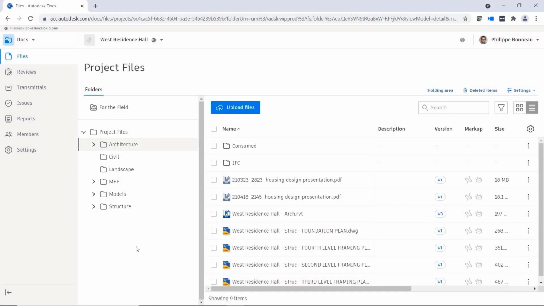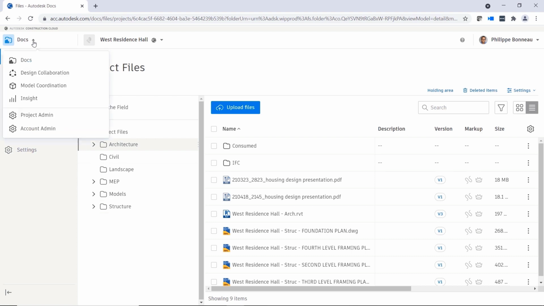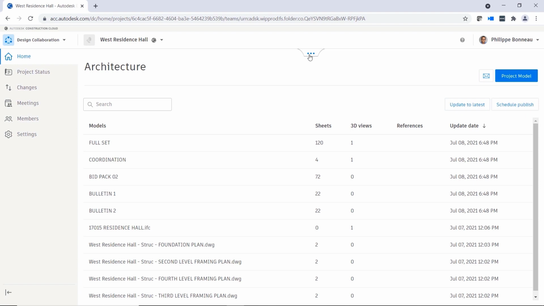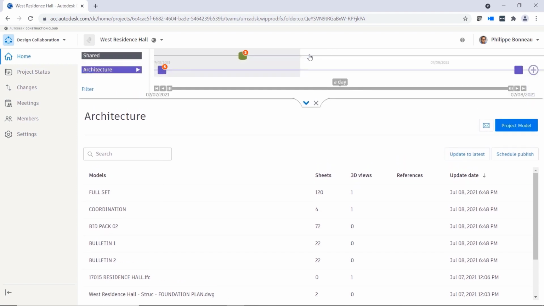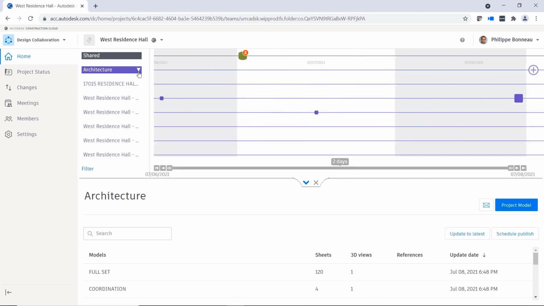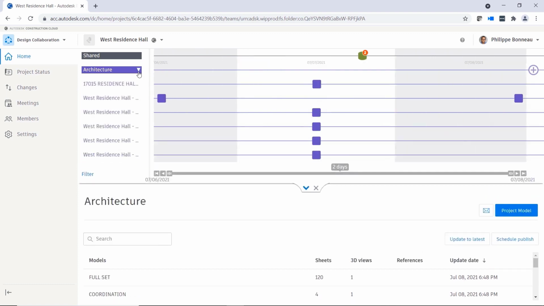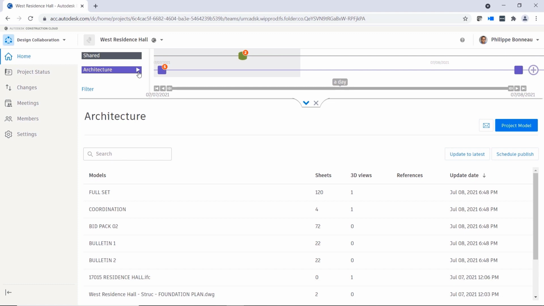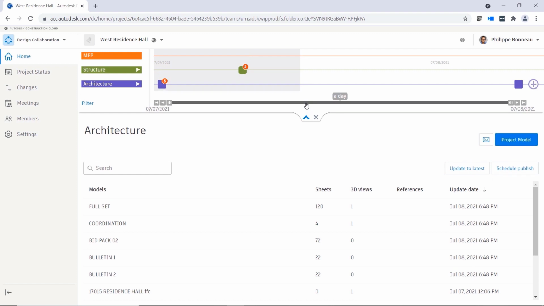As your design changes, you will communicate updates to the larger project team using sets and packages in the Design Collaboration module, as we discussed previously. The project timeline tracks these packages as they are shared and consumed throughout the lifecycle of a project. It not only visualizes the package exchange events, but it allows design teams to view, create, modify, and consume packages